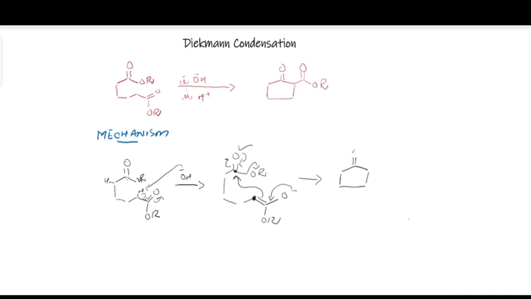The ester has been converted into ketone because of the removal of this alkoxide anion, and this ester group is restored, and because it is attached to this carbon, which is now part of the ring, this one next to the carbonyl, so we draw it here in this form. So you would think that the reaction is over, but because we have this alkoxide anion in the system, now that it has been released in the previous step, it can easily remove this acidic proton,